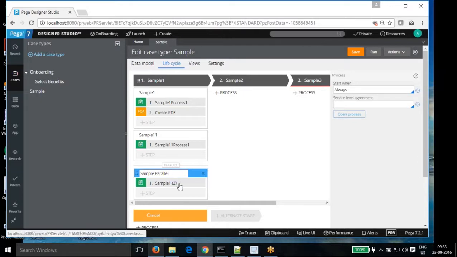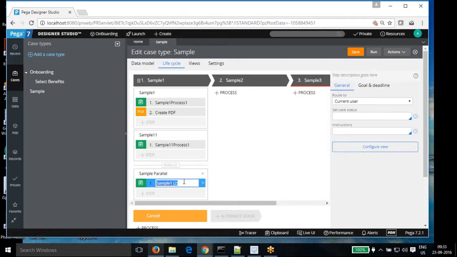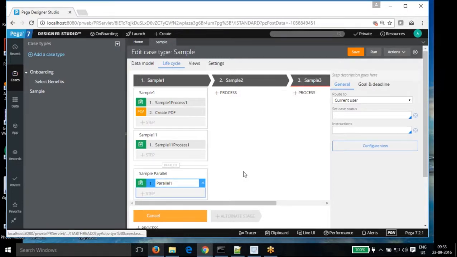Okay. And in this I give a parallel. For any name, there is a naming convention that needs to be followed when you are giving. For training I am just giving any name. Okay. So in this way you can see I created a parallel flow, multiple flows.